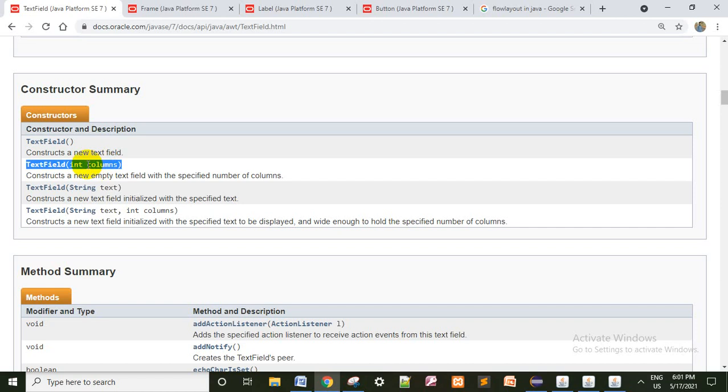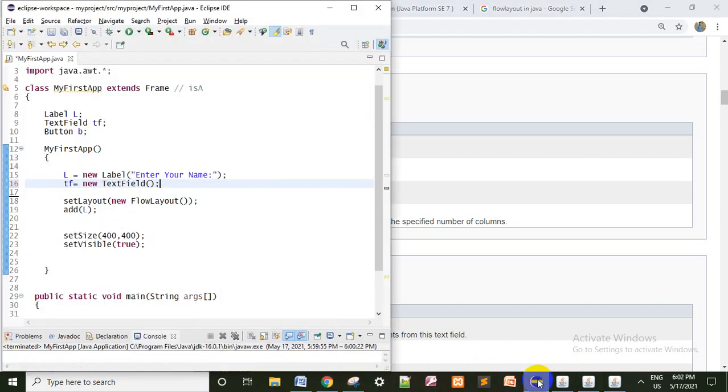Third one is if you want to display some text in the text field, we can pass a string. And we can also pass a string as well as columns. So for that I am using the second one only. You can easily understand. So here I will pass the columns, 20, so that means 20 characters I am going to display here.